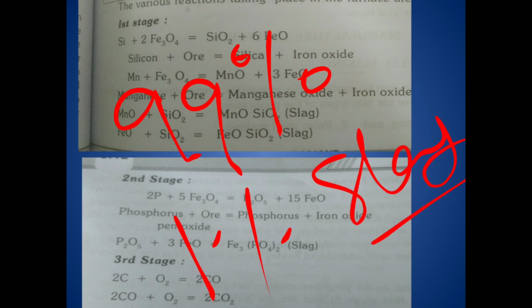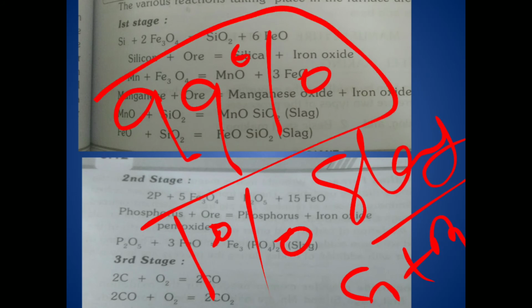Slag is nothing but a combination of silicon, manganese and phosphorus. That is only about 1%. So that means we get 99% iron. That means it is the purest form of iron. That is called wrought iron. Generally this wrought iron we use in crane hooks, chains, railway couplings, pipe fittings, boiler tubes, bars, plates as well as sheets also.